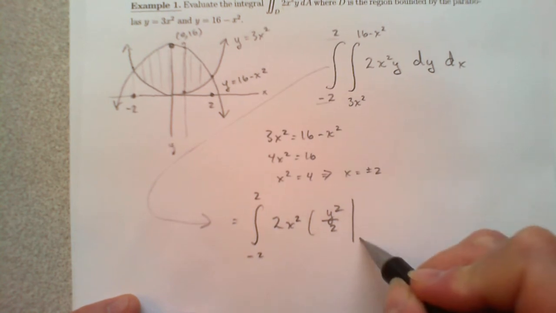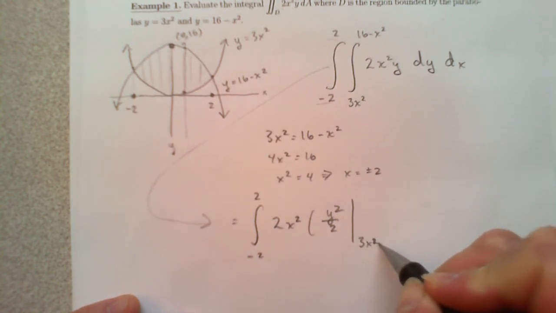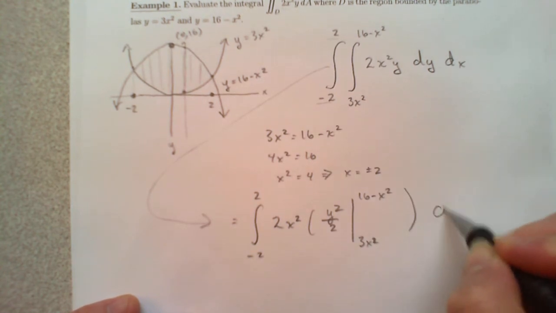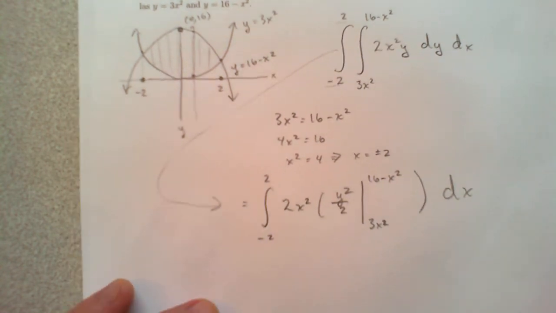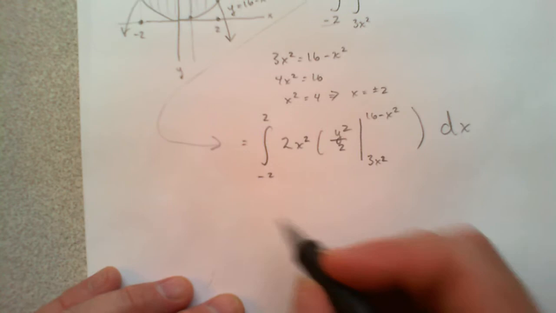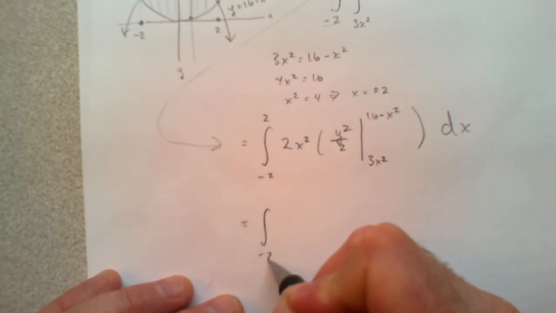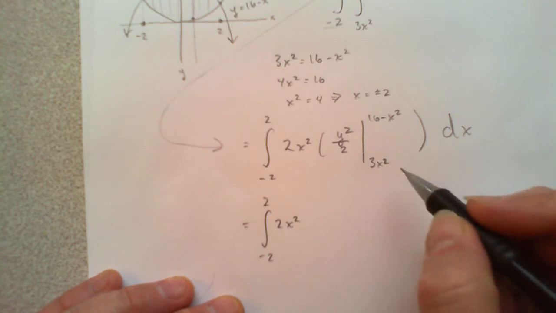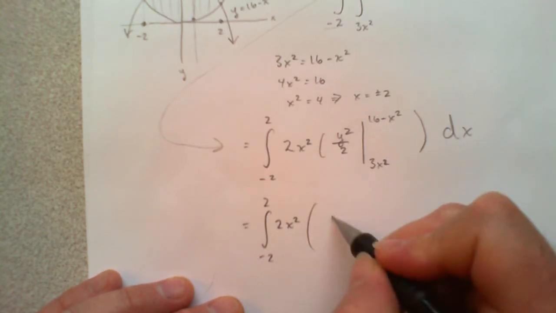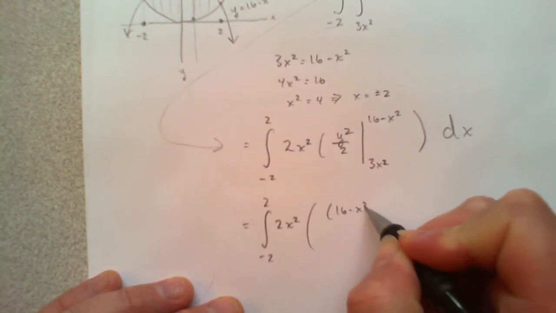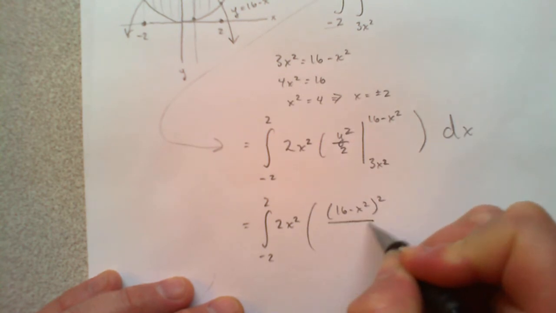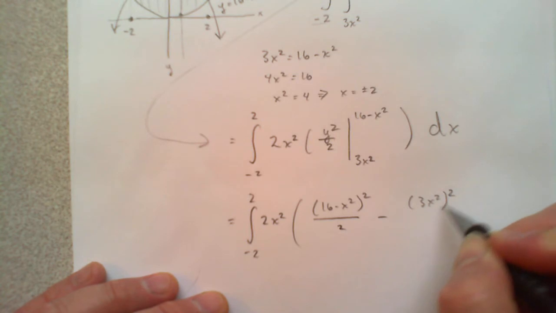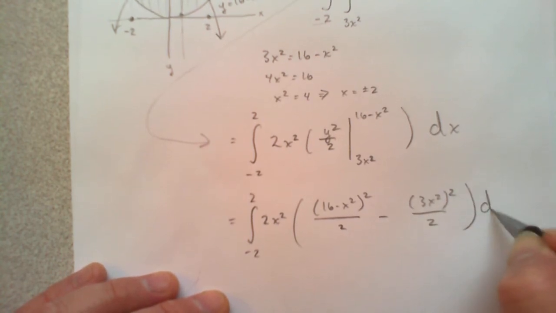You need to evaluate that from 3x squared all the way up to 16 minus x squared. And then eventually I'll have to do dx. Now this is minus 2 to 2, 2x squared, times 16 minus x squared over 2 minus 3x squared over 2,